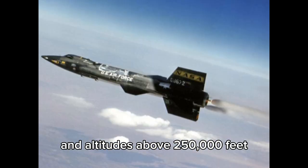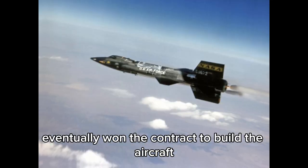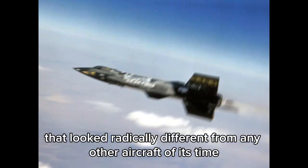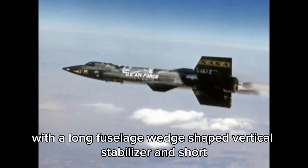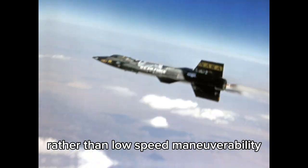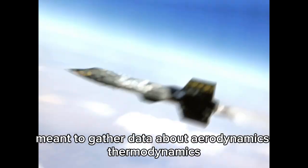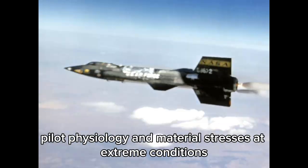above 250,000 feet, and North American Aviation eventually won the contract to build the aircraft, designing a sleek, rocket-powered, manned research vehicle that looked radically different from any other aircraft of its time, with a long fuselage, wedge-shaped vertical stabilizer, and short stubby wings designed for hypersonic stability rather than low-speed maneuverability. While inside it carried sophisticated instrumentation and controls meant to gather data about aerodynamics, thermodynamics, pilot physiology, and material stresses